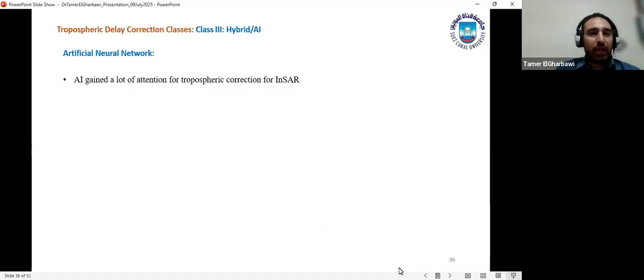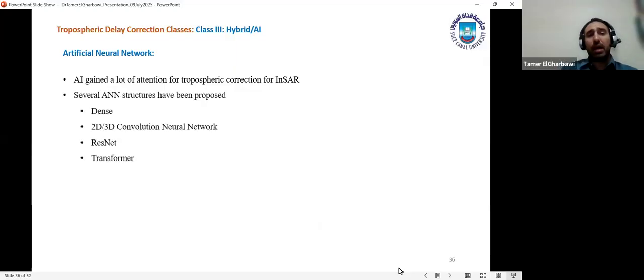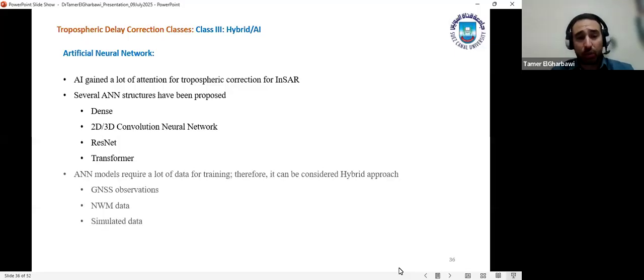So, going through quickly the artificial neural network, this is the third class. AI has gained attraction for many applications in many fields, especially in remote sensing. The main issue in our study is that it requires a lot of data for training. There are different models, like dense models, 2D or 3D convolutional neural networks, ResNet, or transformers. In order to build these kinds of models, we need to train them. We can use GNSS observations, numerical weather models, or simulated data. Each one of these has its